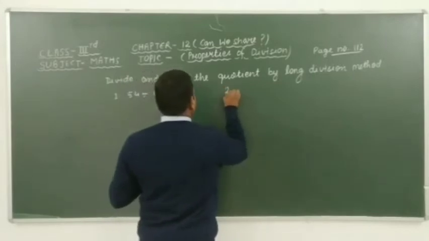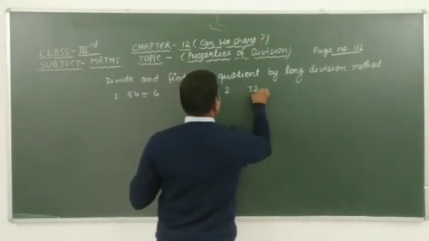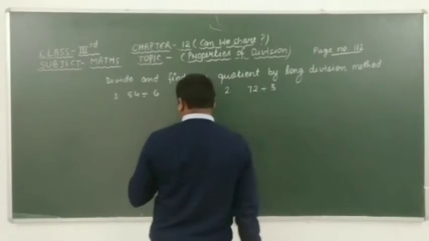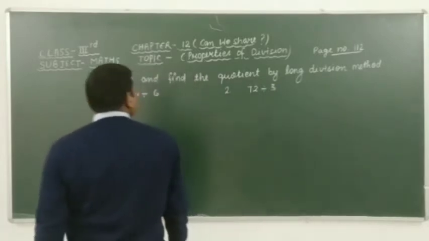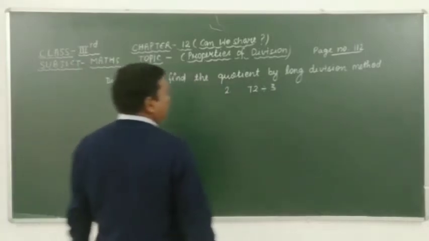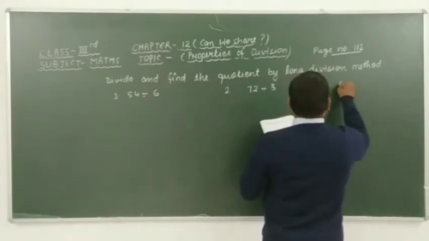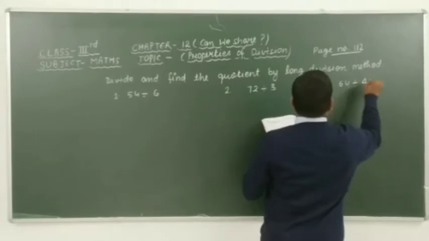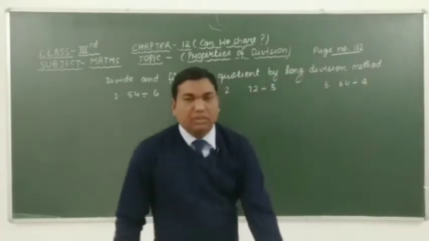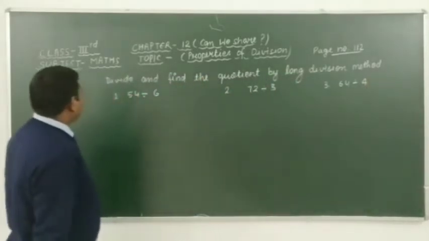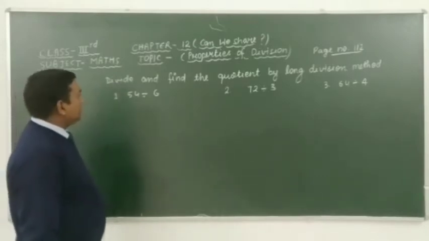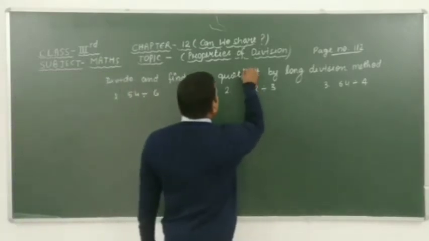Question number 2 is 72 divided by 3, and question number 3 is 64 divided by 4. Okay students, now let's start question number 1. Dear students, in this question,